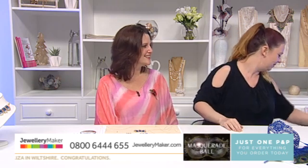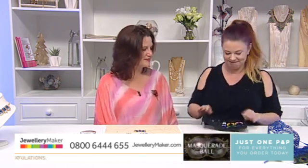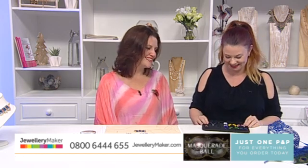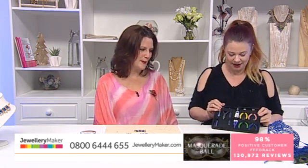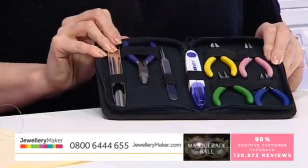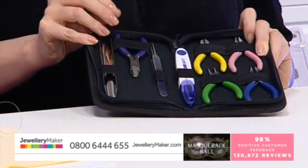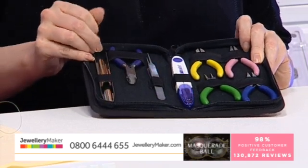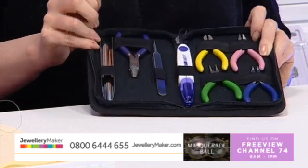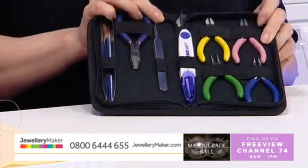Have I got the what? This one. How cool is this? This is on the go, isn't it? Little travelling set. You've got everything that you need in here, haven't you? This is brilliant. So talk me through what we've got in the toolkit. In fact, we'll wait for the graphics to come on and then I can talk it through. So we have got